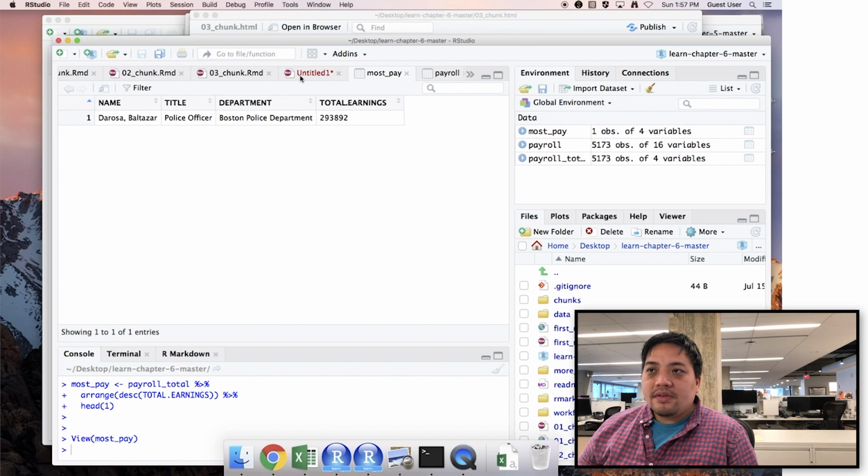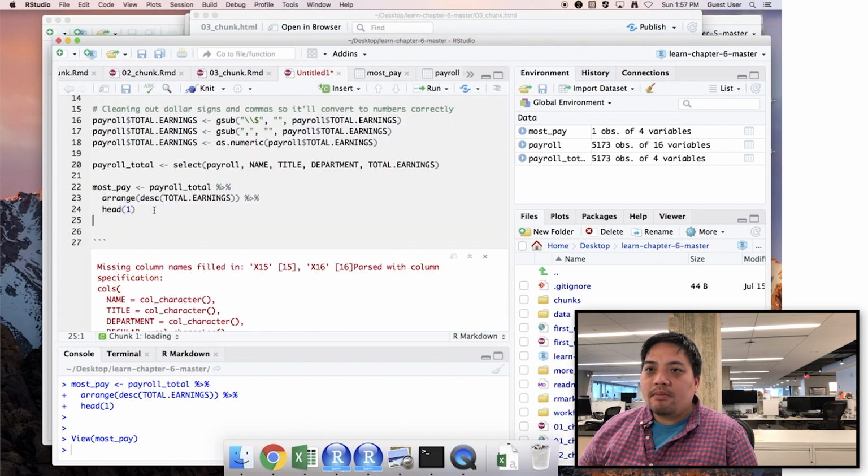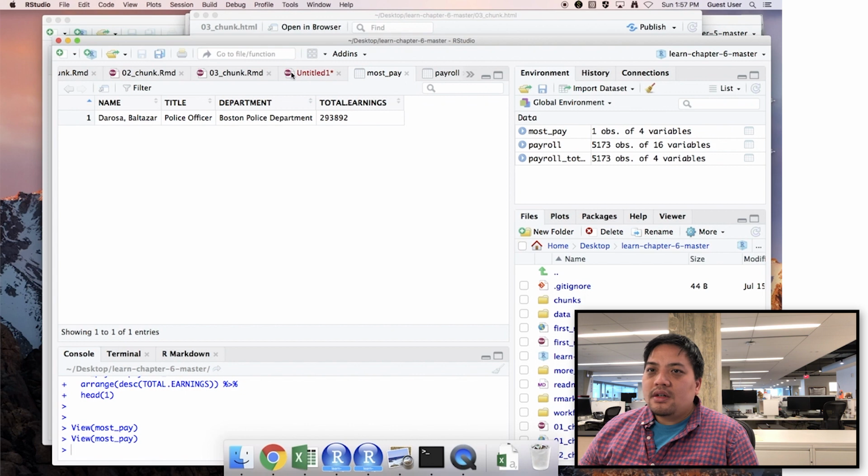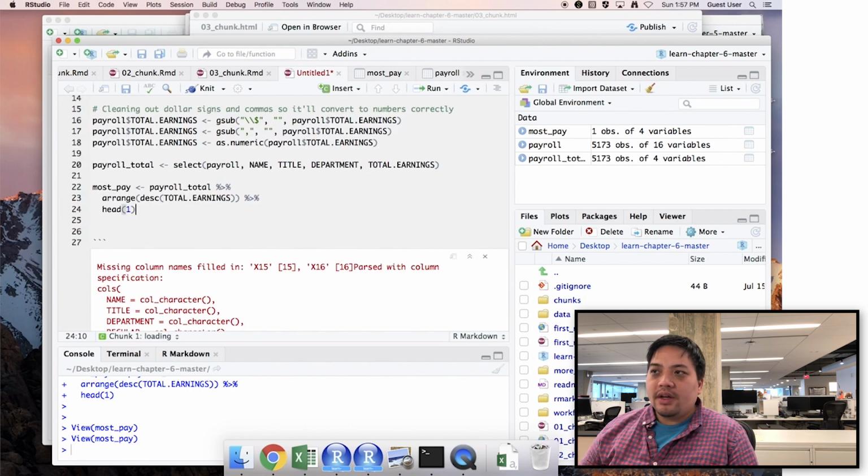So I'm saving this. I'm slicing out the top one by piping it to head, and then saying it's the number. Just give me the first result, and that's saving it as most pay. Okay, so now that is a variable that we can use. I'm sorry, that's an object we can use to pass on. And the way we do that is,